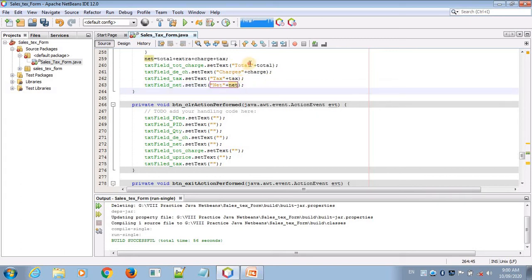You have to give a little bit of space, otherwise the value and text are merged. Give the colon, it looks better. Okay, so now it is complete.